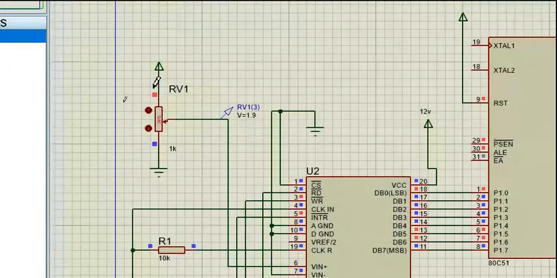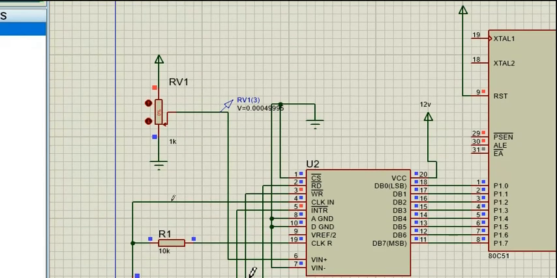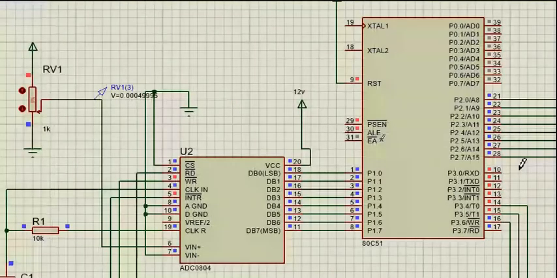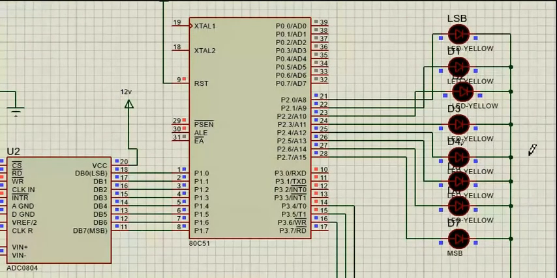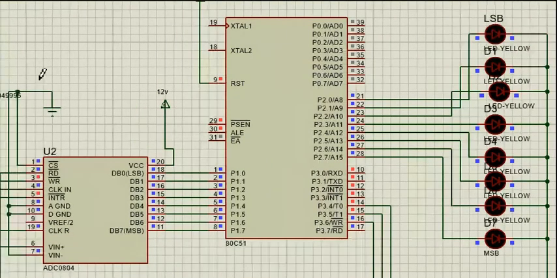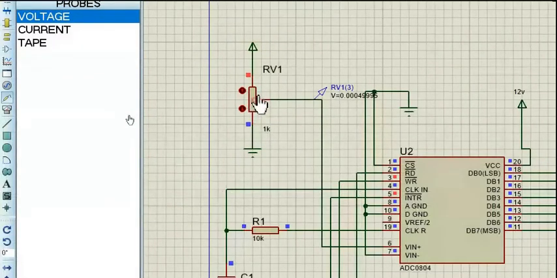Now how much voltage shall we keep? To 0. Okay, now 0 volt. Instead of a sensor, we just use a potentiometer. So 0 volt is applied to the ADC, meaning our 8-bit ADC output is all 0s. Now let's assume the input voltage is changed to 5 volt, for example.